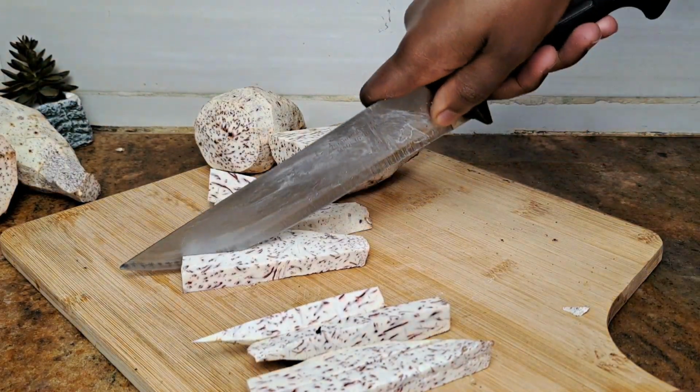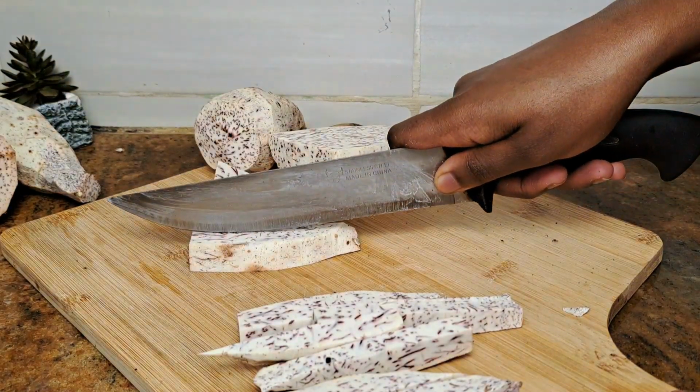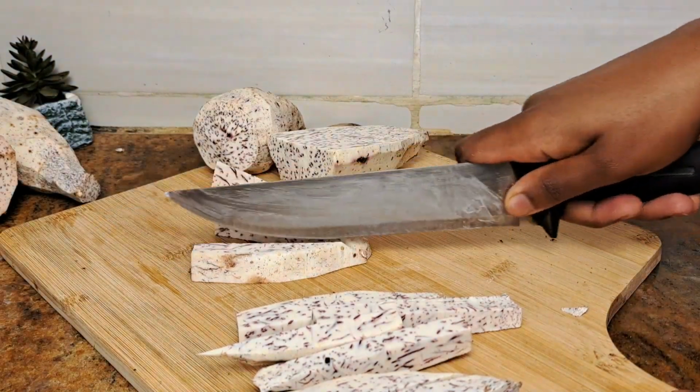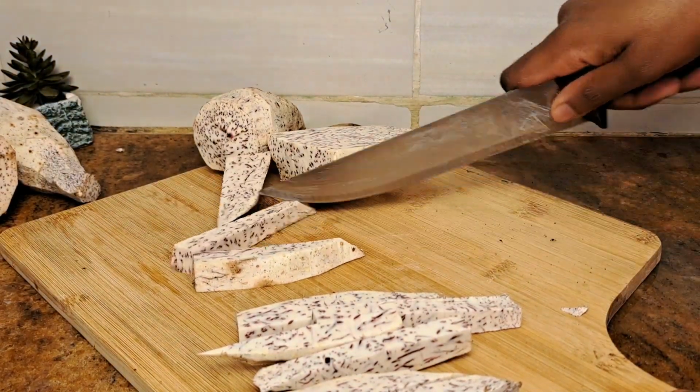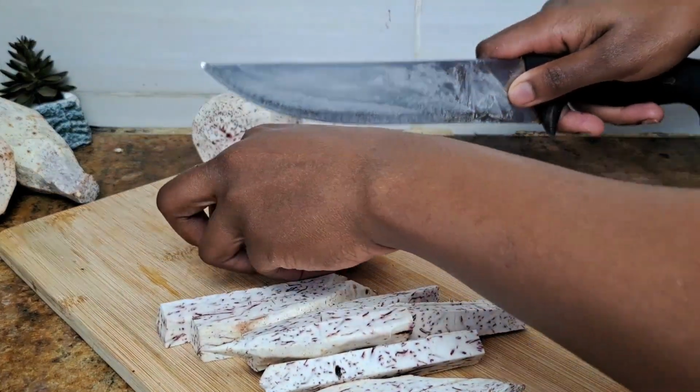So like I said here, I'm going to show you 2 ways of making Nduma. So this is one of them. For the other one, I'm just going to take a piece of Nduma and I'm going to cut it into 3 on the, is it the circumference? I don't know, but I'll cut them into 3. You'll see them